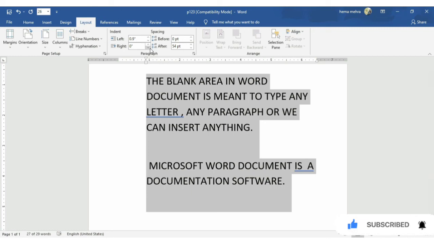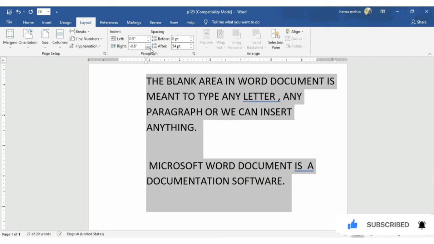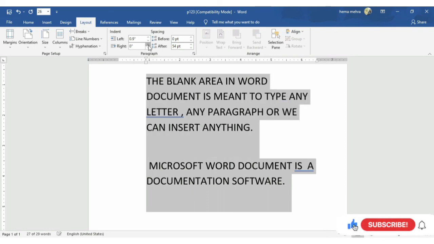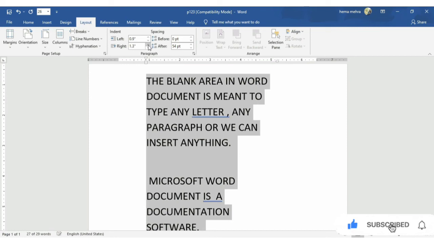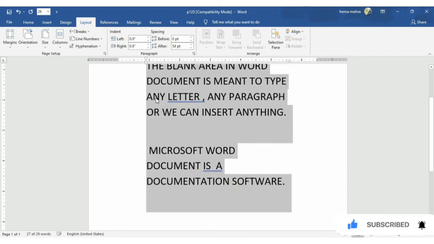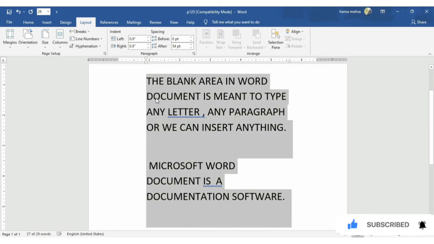And if you increase the right side indent, you can see how your whole document starts moving towards the left side. So this way, according to your choice and the appearance of your document, we can change our document indent and spacing.